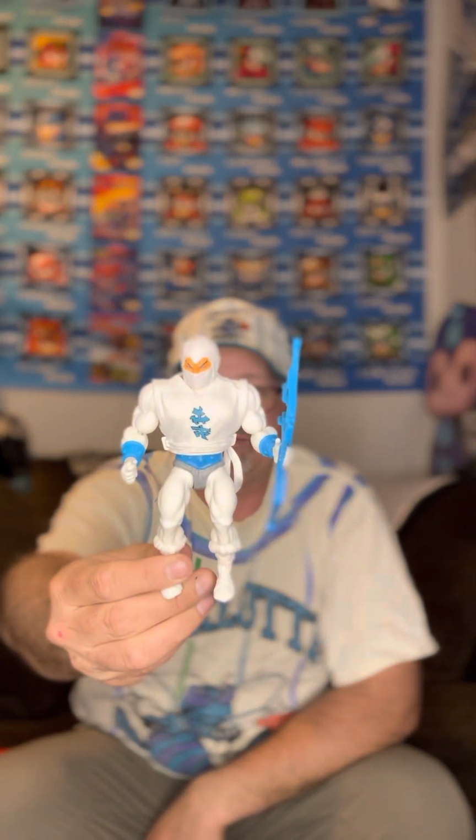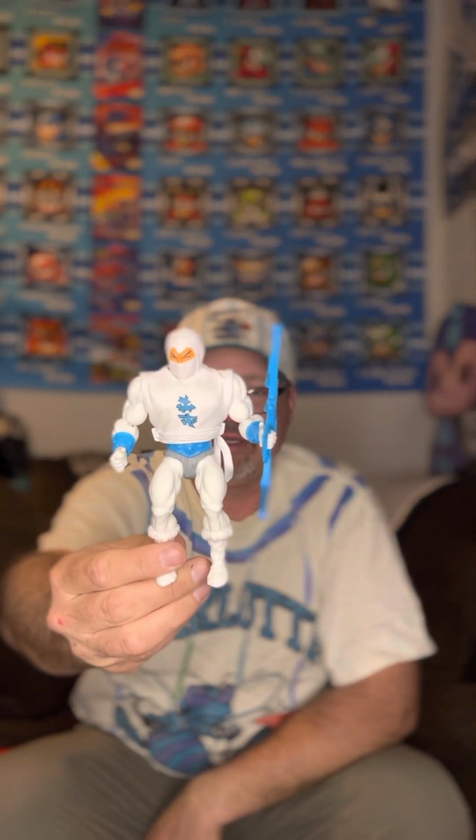Like I said in my last video, and I say occasionally when I do these, you give up the cheaper plastic, say like your weapons and even the figure itself, for all the points of articulation. So Mattel has done a good job. I have mostly all good things to say about this line in general. So anyway, here he is. This is a new figure from the Snake Man line, wave, whatever you want to call it. I don't even know what wave we're on now, 12, 13, 14, but